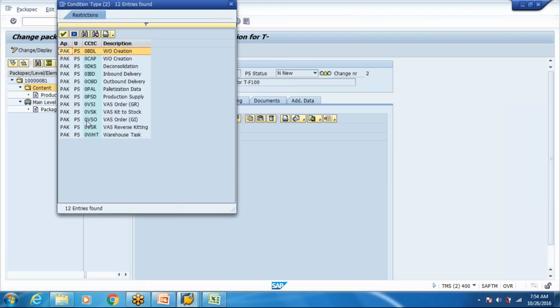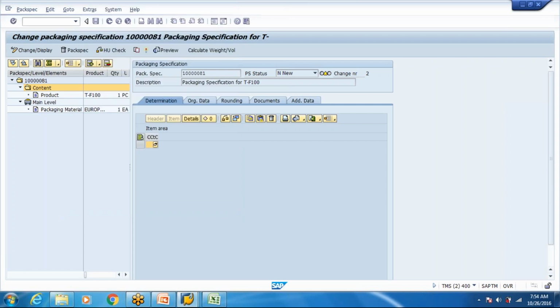So what purpose is this going to be used for? I'm saying, let's say for pallet purpose. So whenever we receive a 40 quantity of the material, it is going to be split into 4 each. So you maintain your condition for what purpose we use it. So I'll say VN